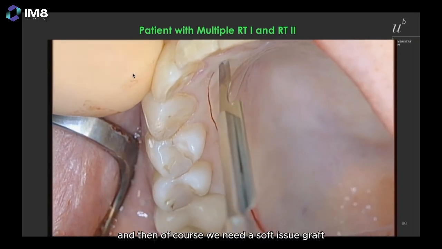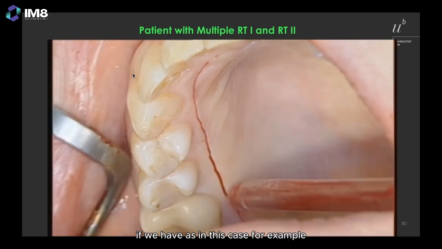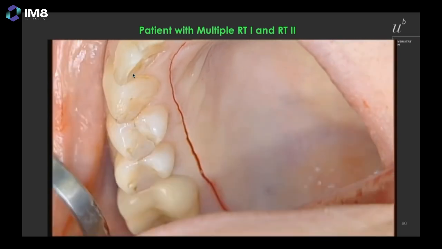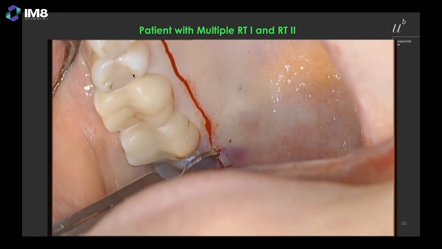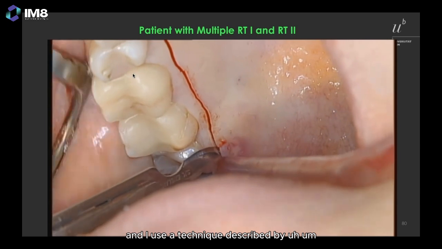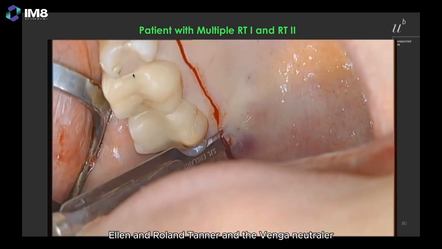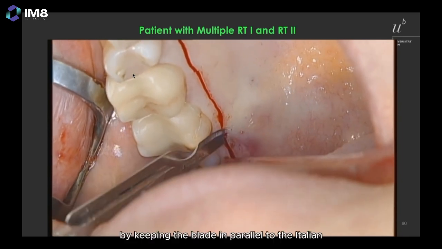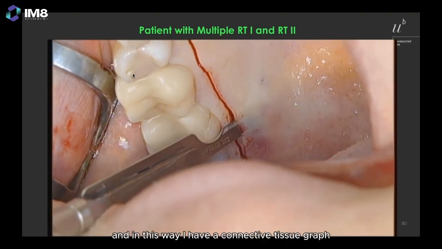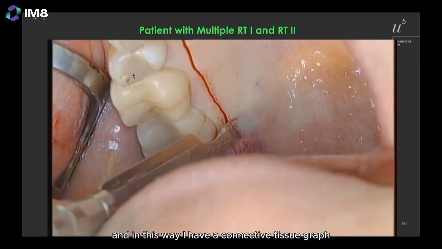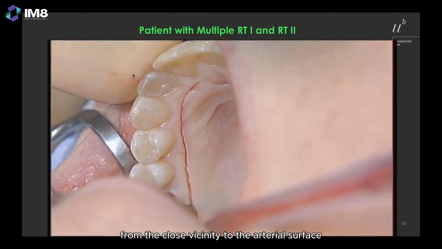And then, of course, we need a soft tissue graft. If we have, as in this case, for example, more than 6 recessions, I start my incision distally from the last molar, and I use the technique described by Ellen and Rolenzana and Wenger-Hürzeler by keeping the blade in parallel to the epithelium. And in this way, I have connective tissue graft that is harvested from the close vicinity to